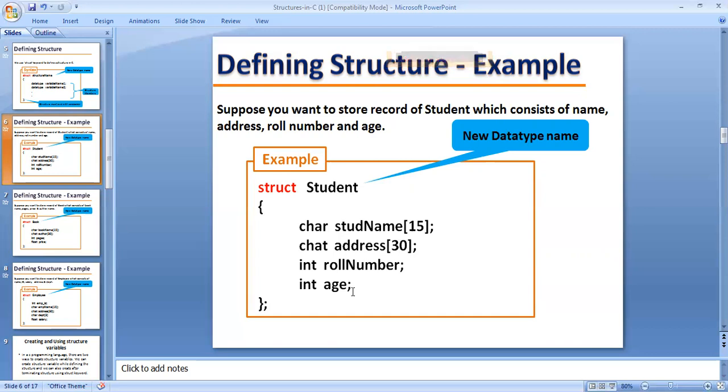After that, the memory location will be allocated. Before that, structures do not allocate any memory location. When the variables are defined, after that the memory location will be allocated to each and every individual element.